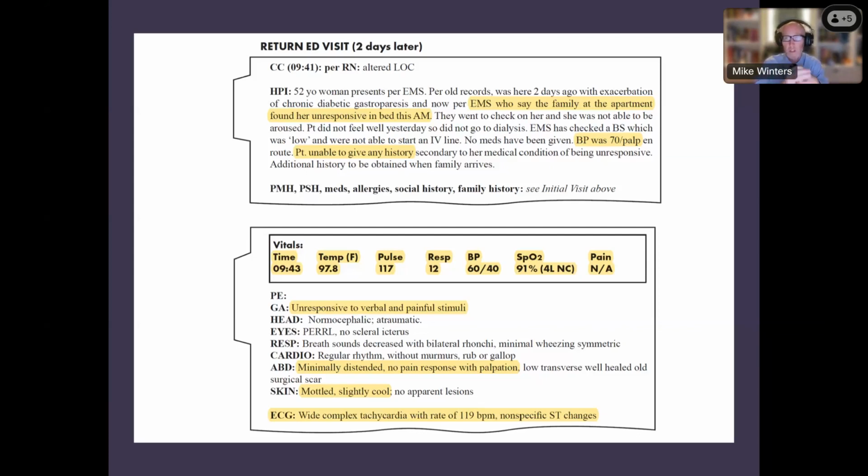There's lots of different locations you can go for IO access. It may be a little bit more challenging in the proximal humerus, but I think from the limited literature I've looked at, I've moved a little bit more towards proximal humerus just because of the amount that can be infused a little bit more quickly, and things can reach the central circulation more quickly than, say, the proximal tibia. Is there a robust amount of evidence behind that? No, but the big thing is IO access to get started while we look for other vascular access.